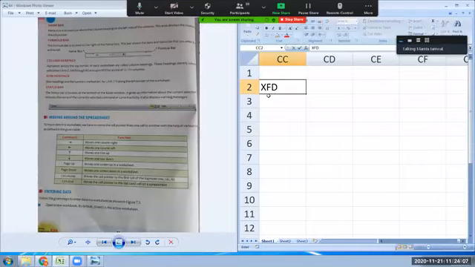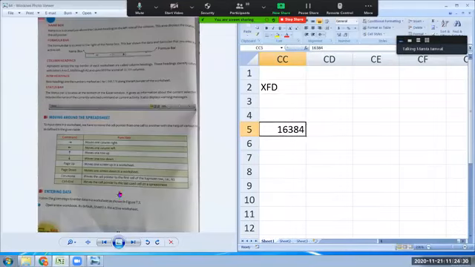All right, this is the address of the last column in a worksheet. And the last row जो आती है, that is 1048576. This is the address of the last row. This is the address of the last column, and this is the address of the last row.